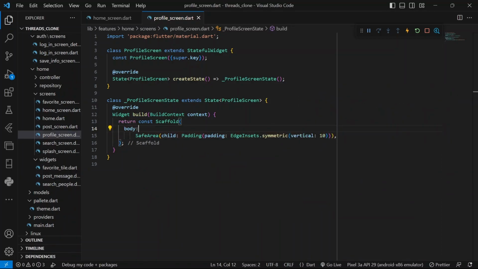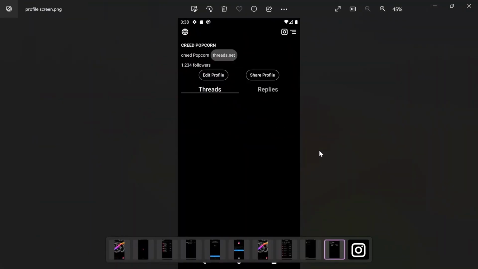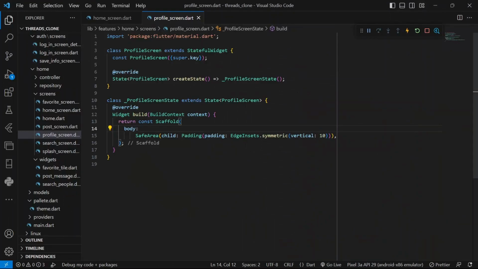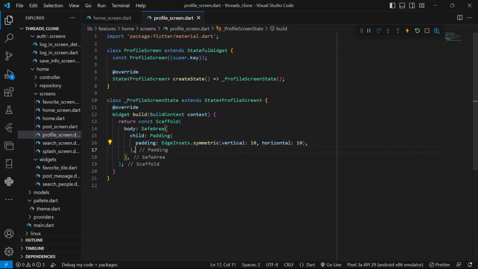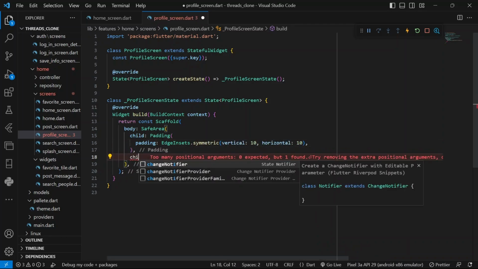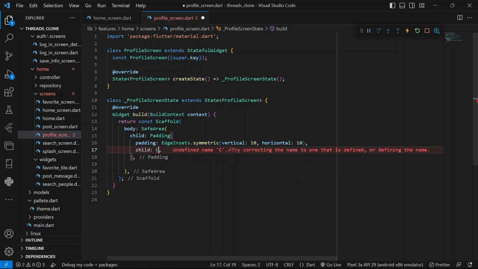Okay, we'll have our body, SafeArea, our padding, EdgeInsets, and of course, we'll be using the symmetric. All right, and so not to get lost, this is what we are trying to build. Okay, so let's come back and give also a horizontal of 10 as well. Let's just add trailing commas. And let's come and see child. Not there, here. Okay. And we'll have a column